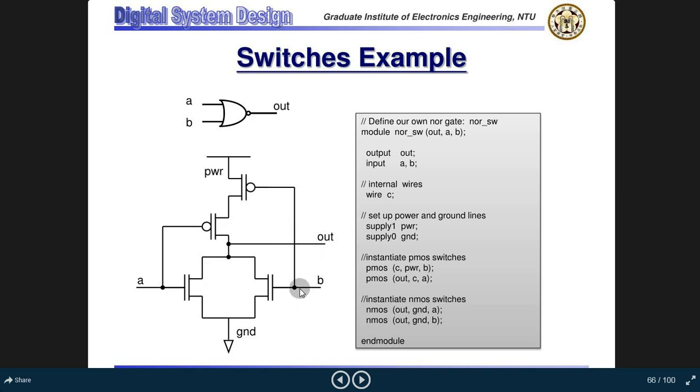Now when a is equal to 1 or b is equal to 1, any of these connections is on, and this point will always be connected to the ground. As soon as we provide a is equal to 1, any of these ports will be off, but there is a probability that some capacitance or leakage current could be flowing here.